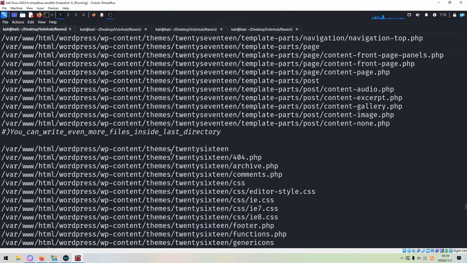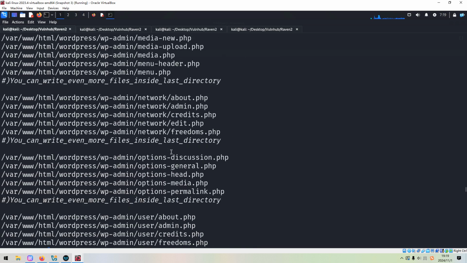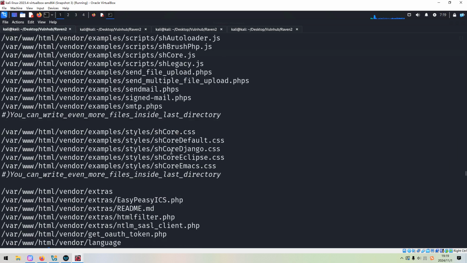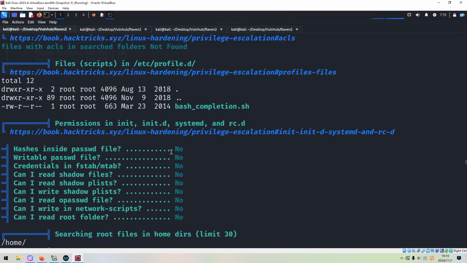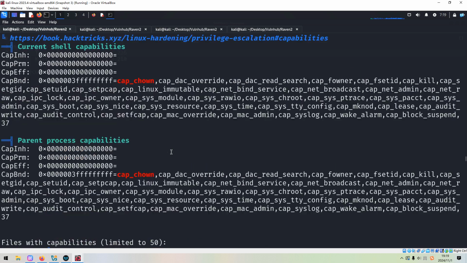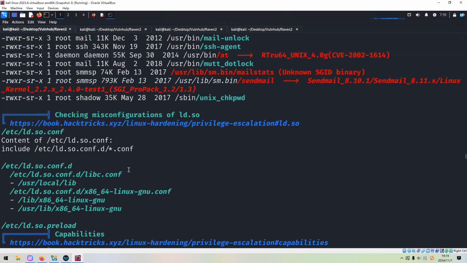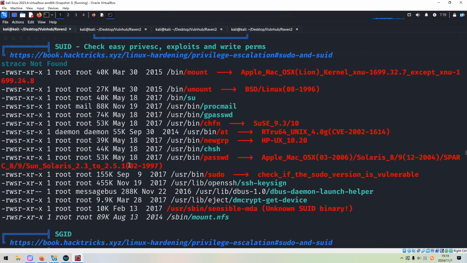But nothing so far. A lot of output by the linear shell script. Nothing there. Binaries with capabilities. SUID, SUID.